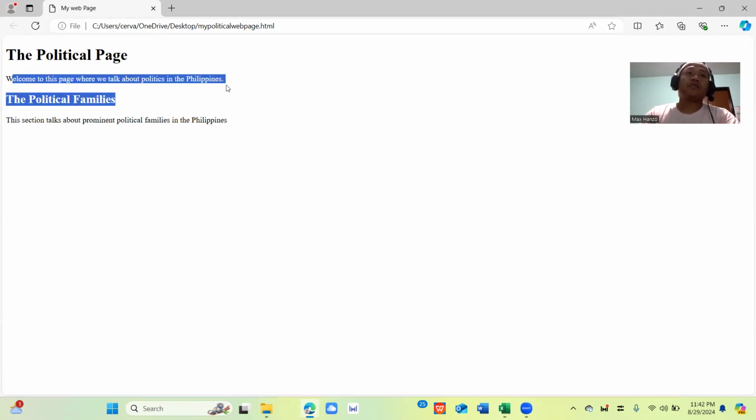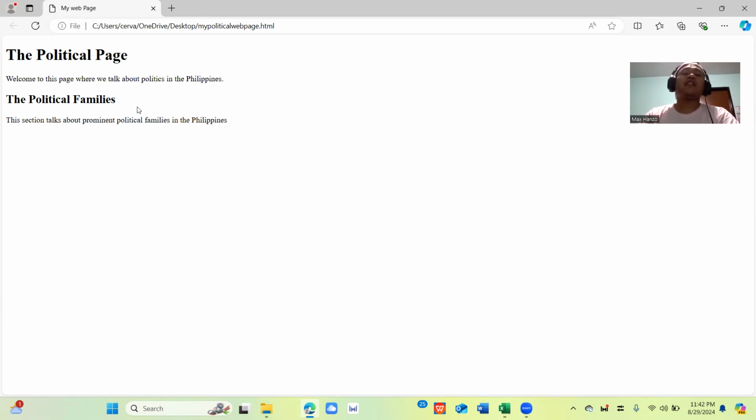It also shows here the description, and then the second header, if you notice, it's also in bold letters, but its font is a little smaller than the first section. And it also has the description. So that's just how simple it is to basically create a website using HTML in Notepad.